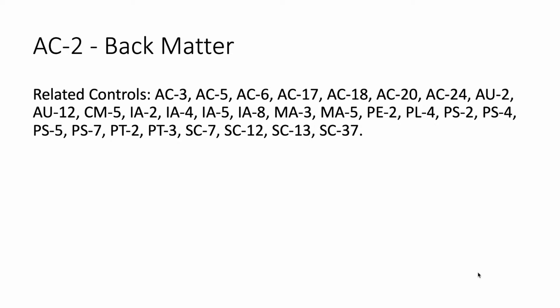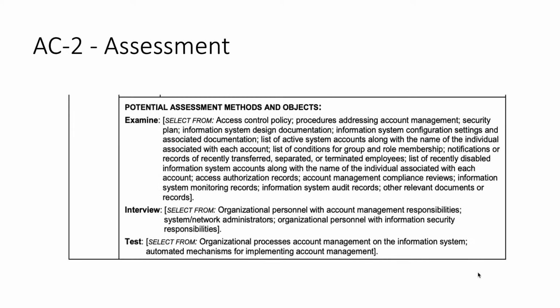And we always want to know, if I'm implementing the control, what am I going to be tested on? And that's why we look at the alpha. So we go to 800-53 alpha, and right now I'm looking at revision 4, and there's going to be some problems with that when we start looking at new controls or controls that have been changed. There's going to be an issue, right? With this one, I did the same thing. I moved these potential assessment methods and objectives from the bottom to the top, and we'll talk about them first before we talk about